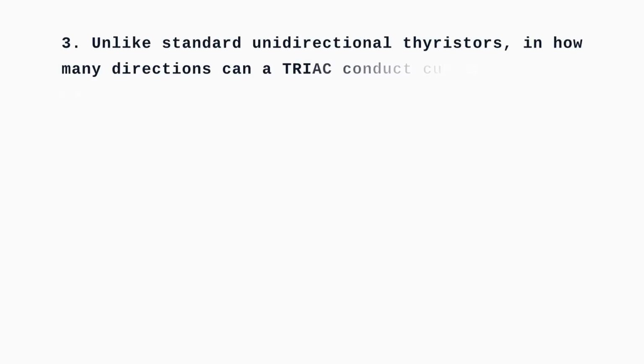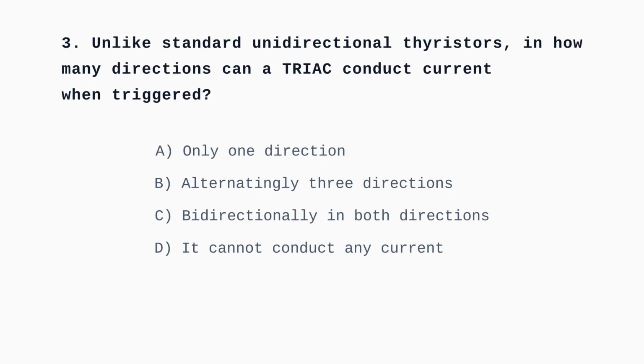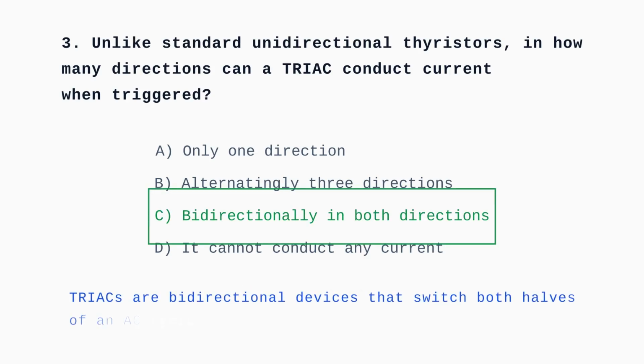gate terminal. Unlike standard unidirectional thyristors, in how many directions can a TRIAC conduct current when triggered? Unlike basic unidirectional thyristors, a single TRIAC can conduct electric current in both directions, making it ideal for full-wave AC